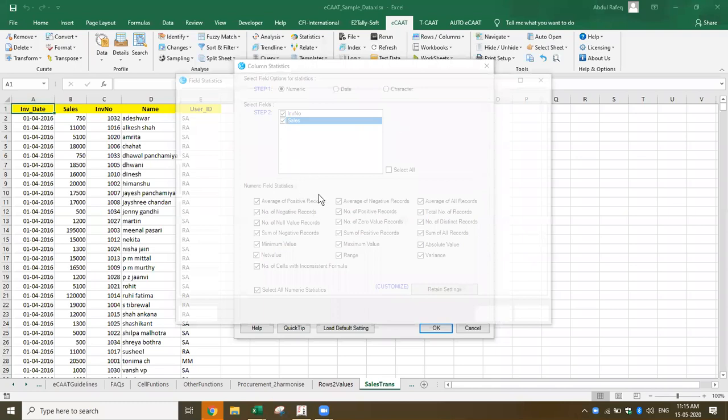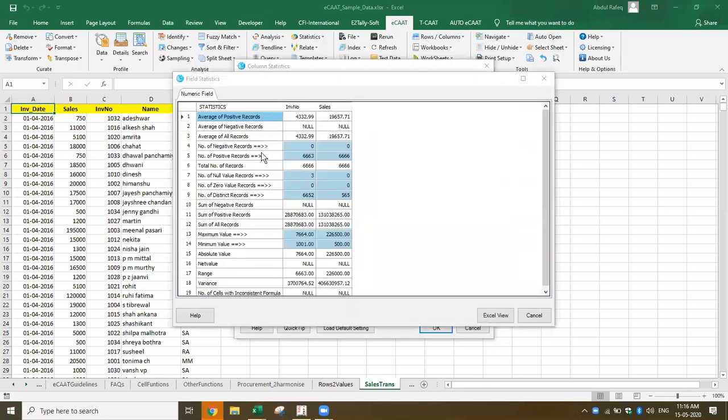Looking at the statistics, I know the total number of positive records, total number of negative records. Like that, I get the complete statistics of the complete file at one glance.